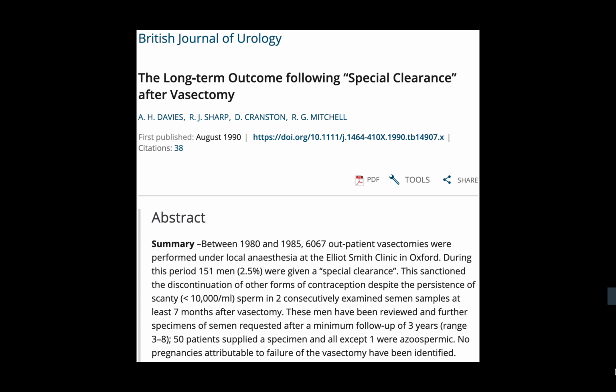Yeah, and one other last thing. So that article is BJUI 1990. The one last thing is, if the sperm specimens persistently have live sperms at 12 weeks, 16 weeks, 24 weeks, you can't wait for 7 months. Okay, that's a different thing. You brought the 7 months criteria from special clearance into the normal follow-up. That's not so. In the normal follow-up, if the patient has persistent live sperms at 12 weeks, 16 weeks, 24 weeks,